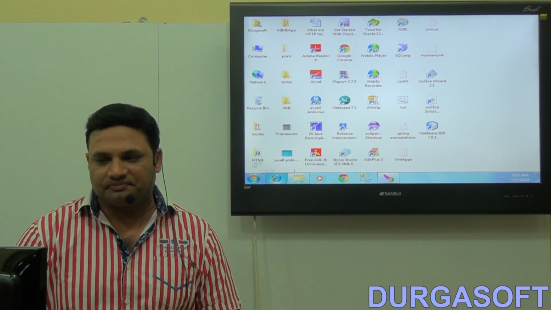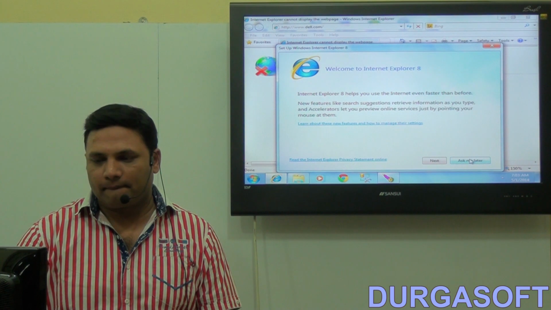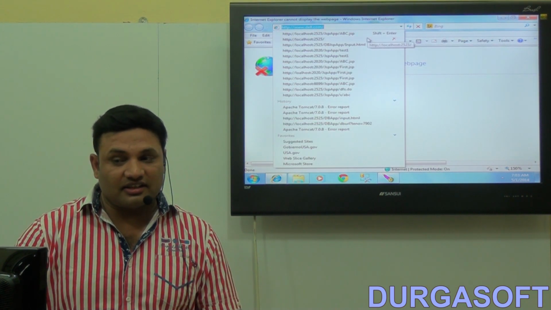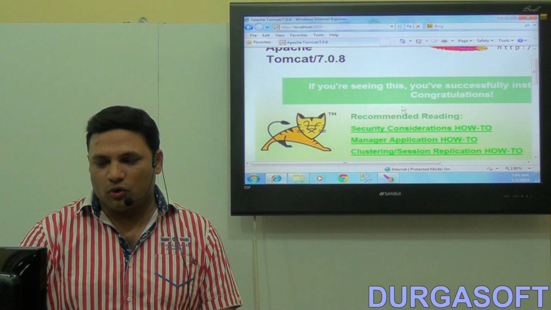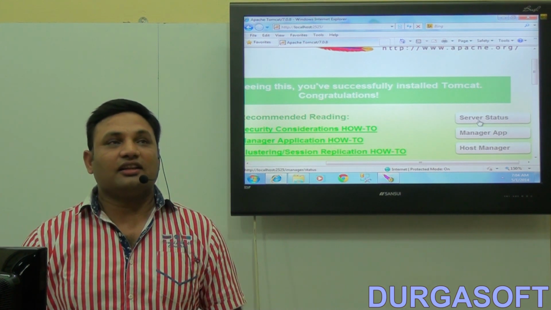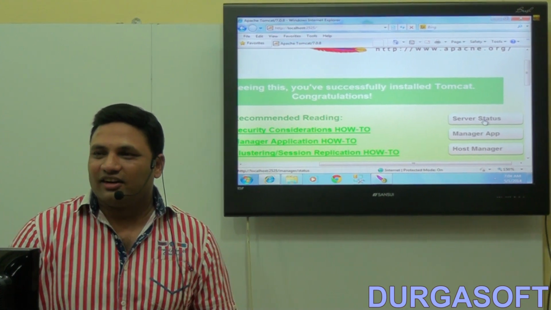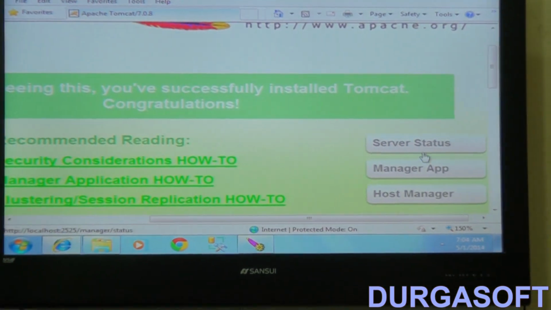Okay, let's get into one more proof that is there in the documentation of Tomcat itself. I have already started the Tomcat 7 server. It is its home page. If you observe very carefully, there is an option called Server Status. This indicates Tomcat is not a container, Tomcat is a server.